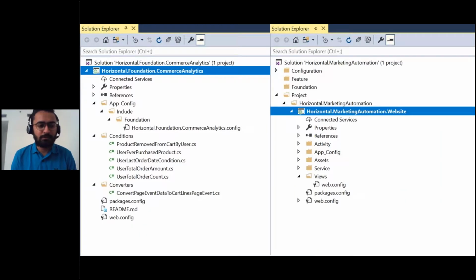And you can also customize and create your own. For example, I have created a few personalization conditions here, and a few marketing automation activities and different marketing automation plans, which I'll be sharing with a series of blog posts and code on GitHub, so that it can be utilized by the larger community. So yeah, that's it.